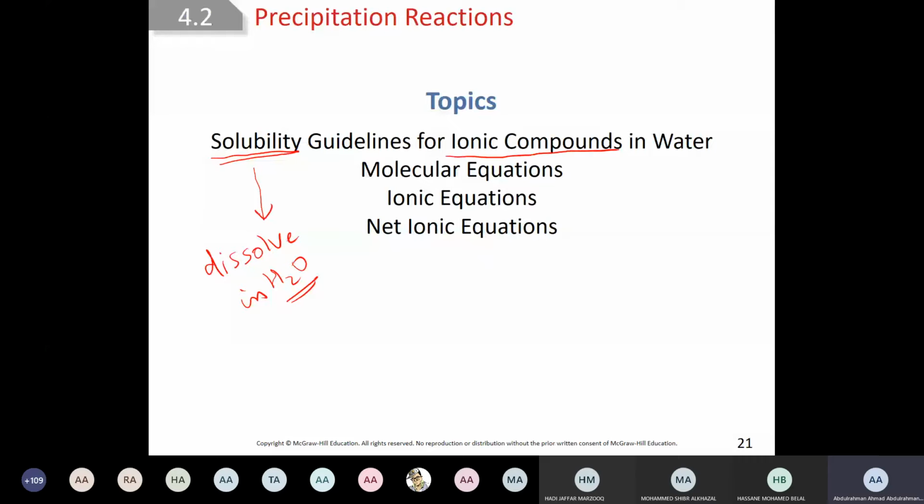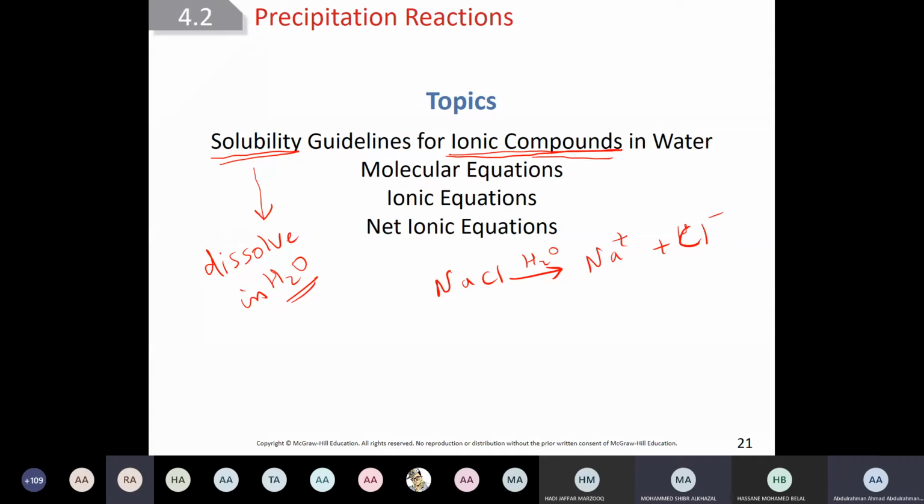If we have ionic compounds, we want to see if they dissolve in water or not. For example, if you put NaCl in water, what will happen? It will dissolve in water. It will be Na plus